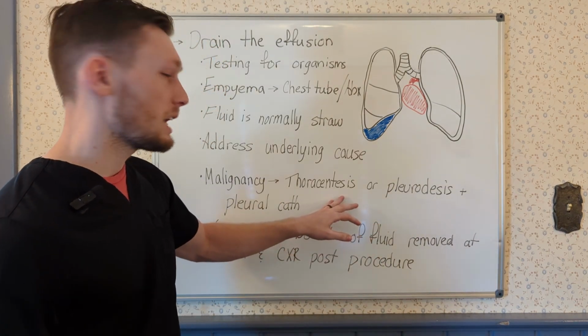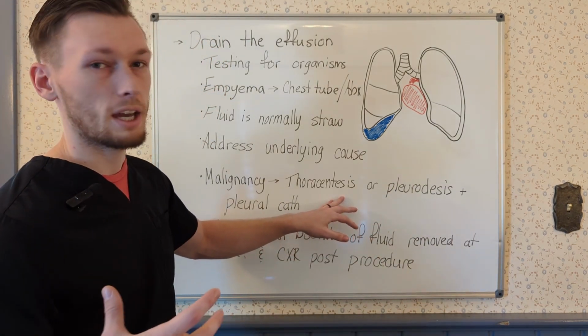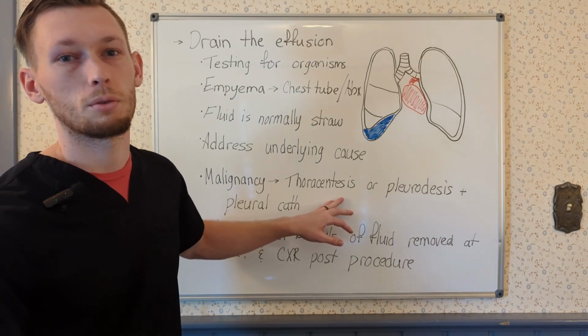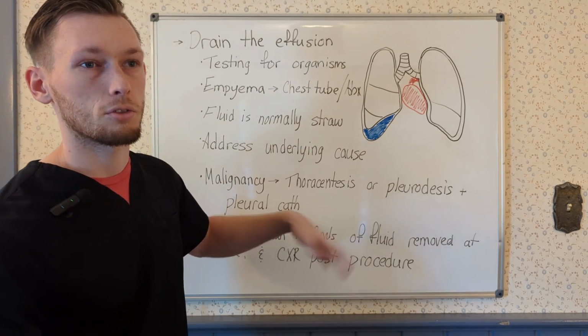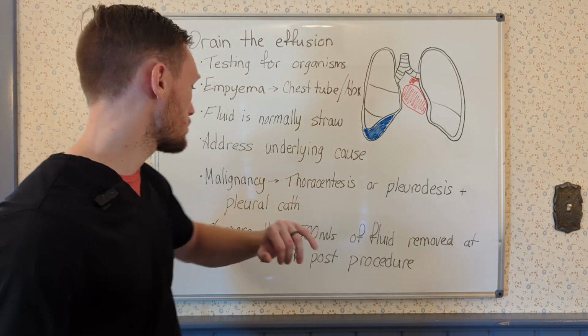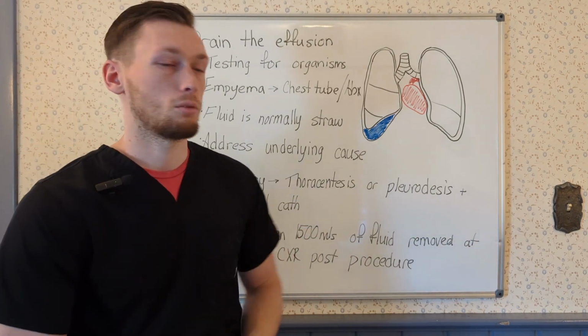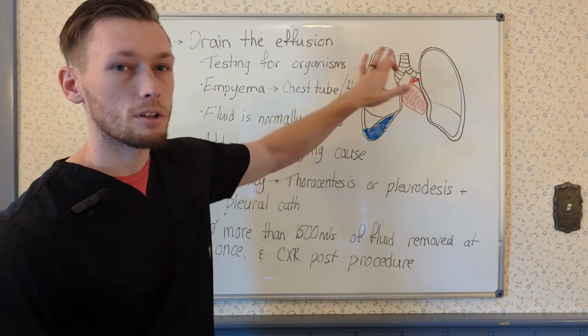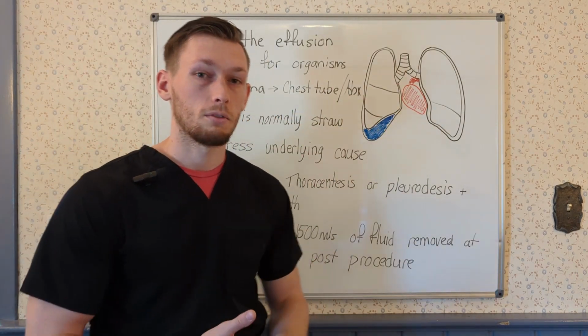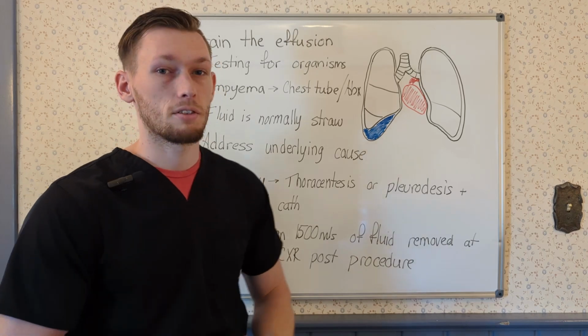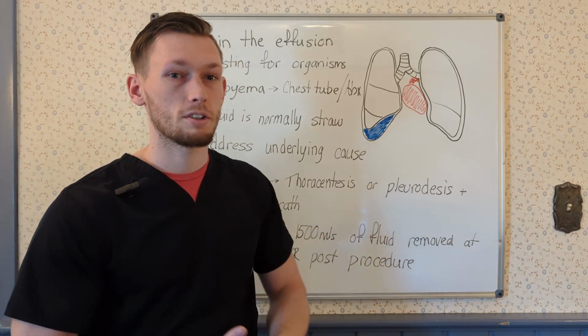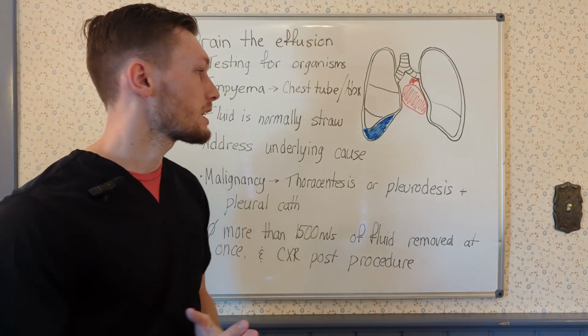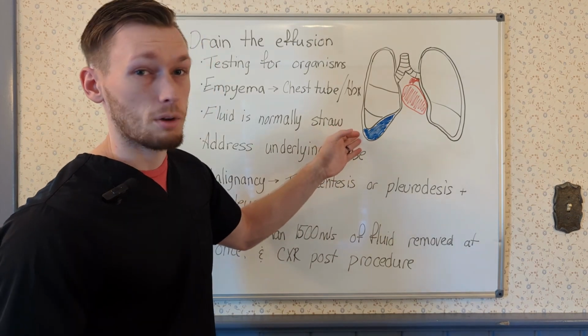We can't just keep sticking a needle in the patient over and over and over again every single day for weeks on end until their tumor is gone. So we're going to do either some sort of pleurodesis or a pleural catheter. What may end up happening is that we may have to actually chemically fuse the visceral pleura and the parietal pleura together. This is the pleurodesis, where they basically inject chemicals, usually it's actually antibiotics, I believe,